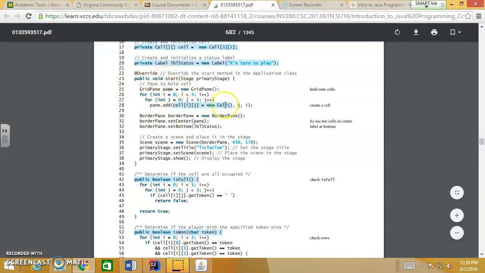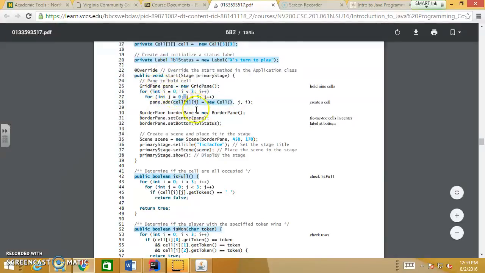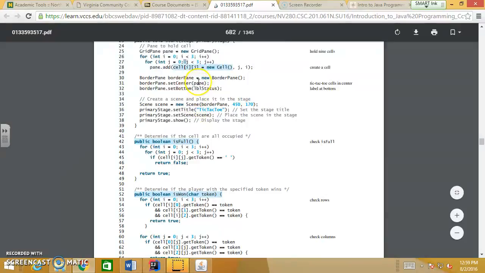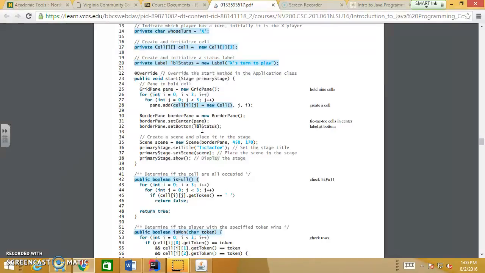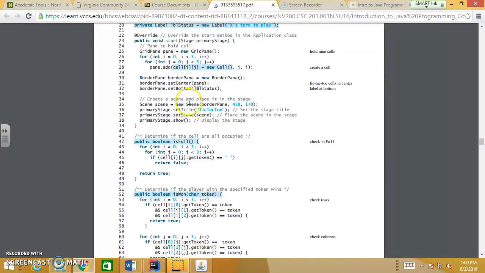In the grid pane, just add all the cells into that grid pane, according to rows and columns. Border pane, set center to the grid pane. Then we can put the label status of the game at the bottom or top. Create a new scene, put the border pane into the scene,